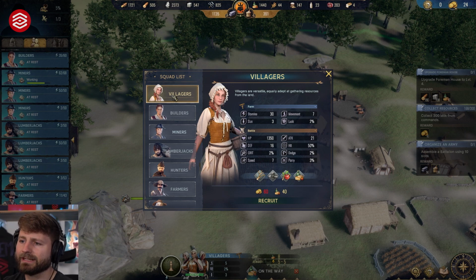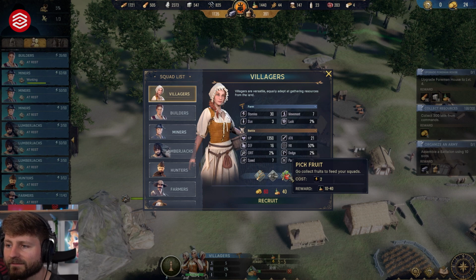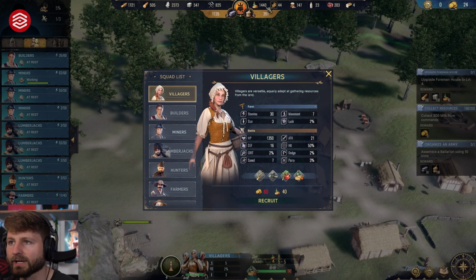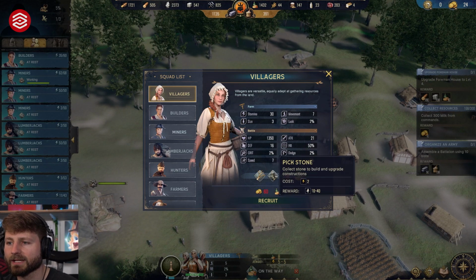Villagers are key. They have a variety of different uses. They can pick wood, stone, or pick fruit, which is food. And so this just makes it useful to whatever you need in a moment. You can kind of put them there to help. If you run out of food real quick, you can do that. Or if you have other things you need to get done, either wood or stone, depending on, maybe you